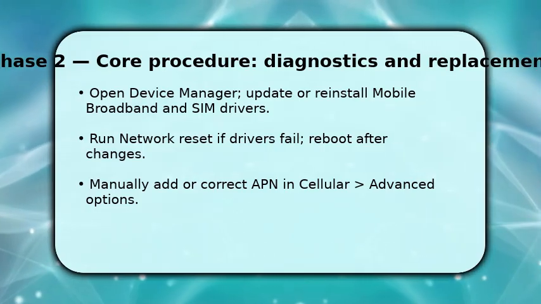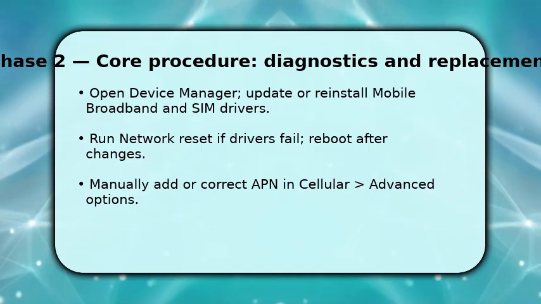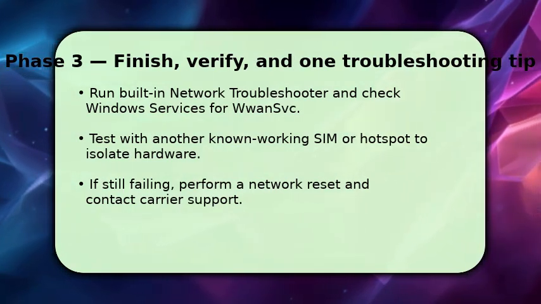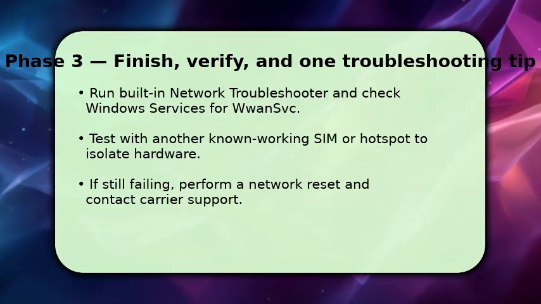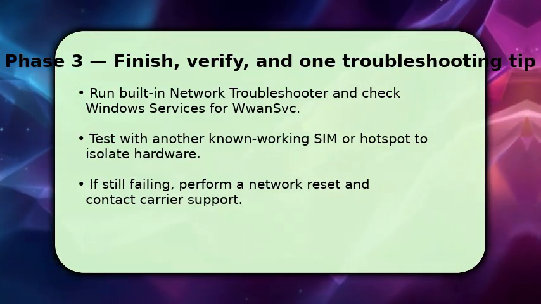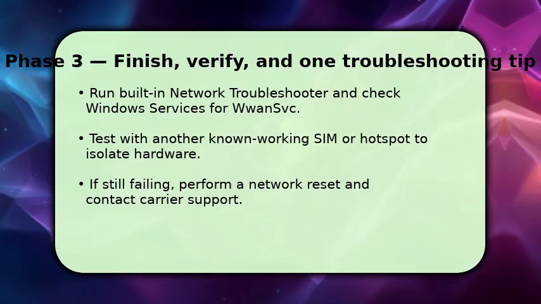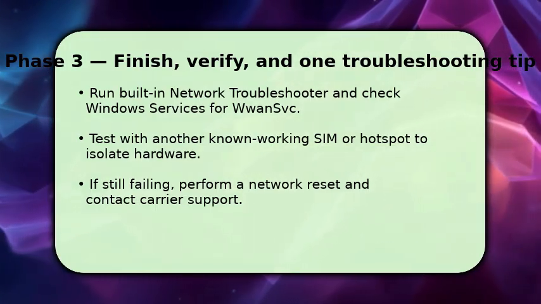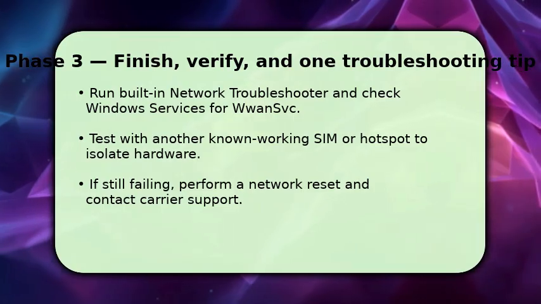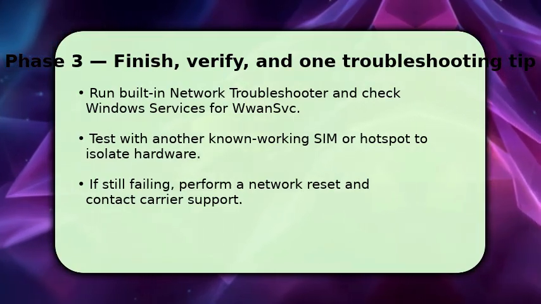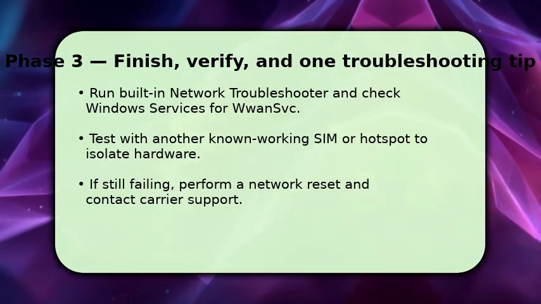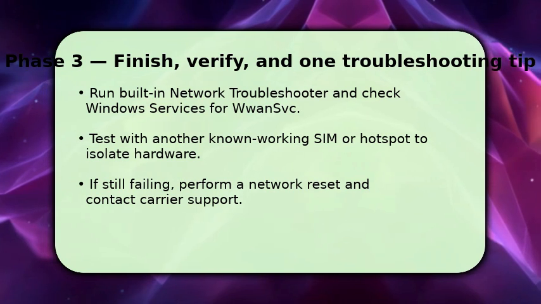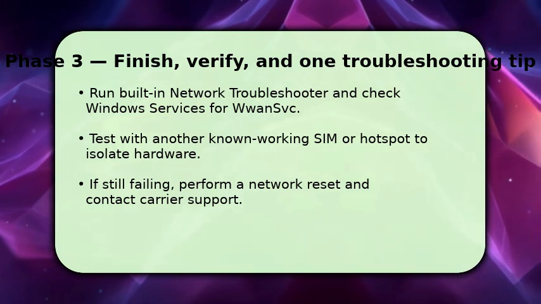Finish with service level checks and targeted resets. Run Windows Network Troubleshooter to capture common errors and confirm Windows Mobile Broadband Service, WAN SVC, is running. Stopped or disabled services break connectivity. Then test with a different, confirmed working SIM or use your phone's hotspot to determine if the PC or carrier is at fault. If problems persist, perform a network reset to restore networking stacks and contact your carrier with error details. Troubleshooting tip: if the